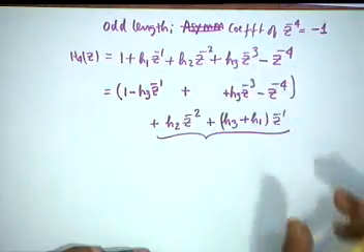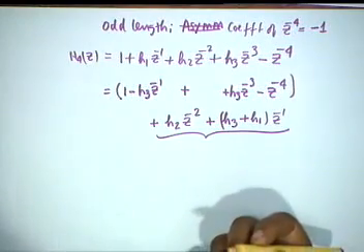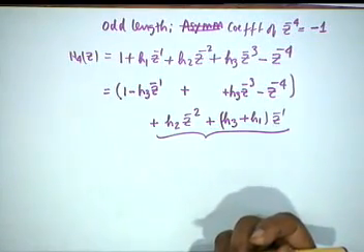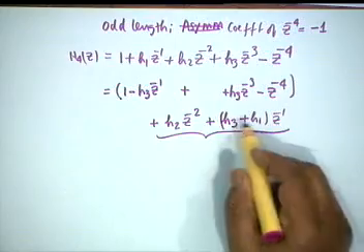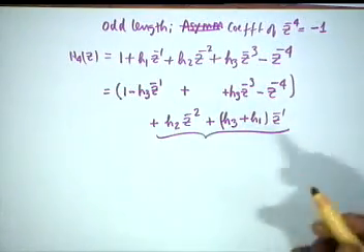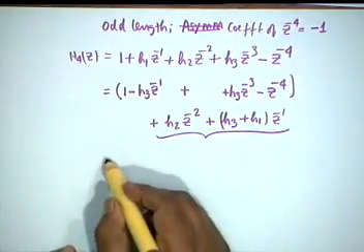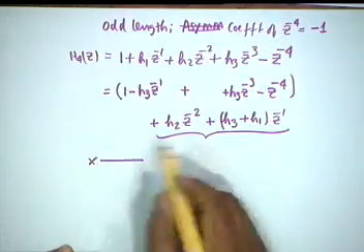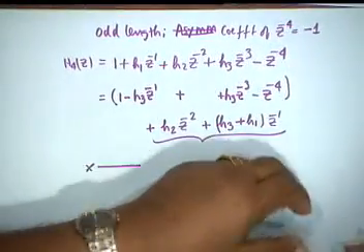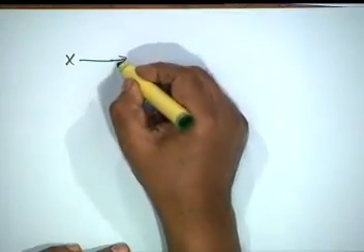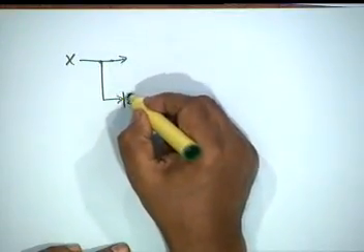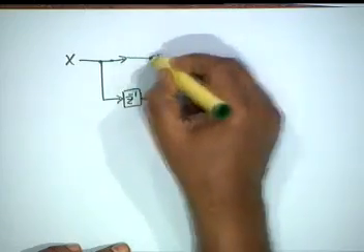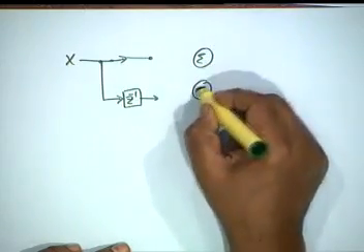This is linear phase. Now, as far as realization is concerned, I now require 2 delays, 2 tappings, one after Z inverse and the other after Z to the minus 2. Let us see the realization of this. I have X, let me draw it on a different page. I have X, then a Z inverse, two summers,